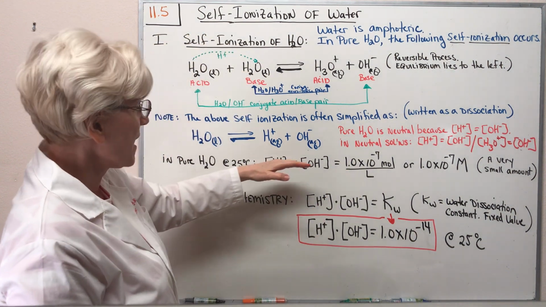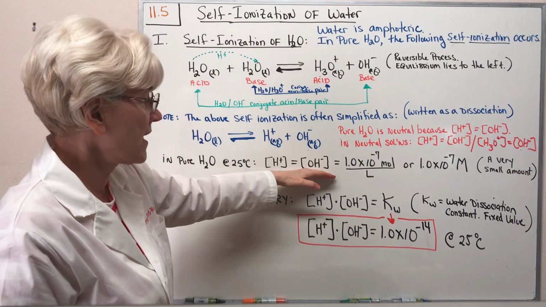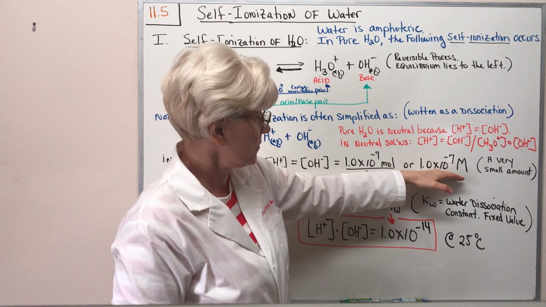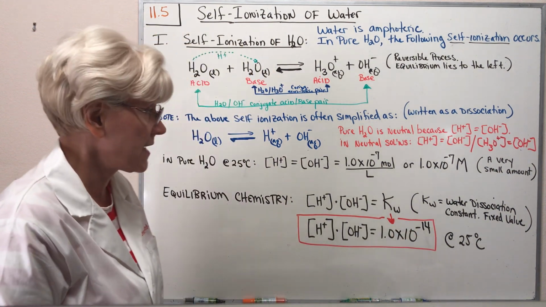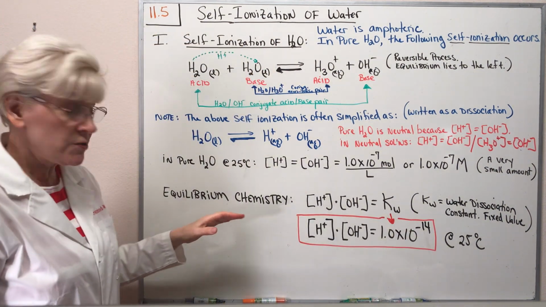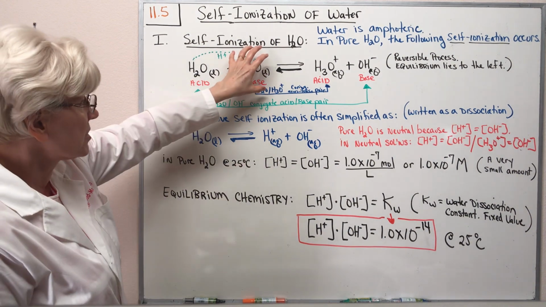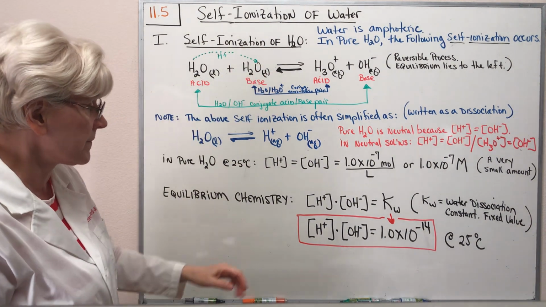So both of those values are equal to 1 times 10 to the minus 7 molar. If you take a look at equilibrium chemistry and the mass action expression for this equilibrium,